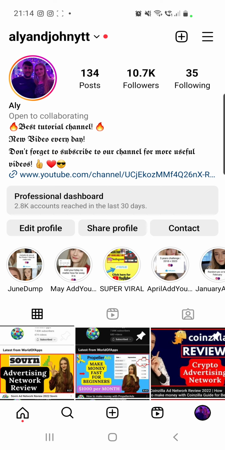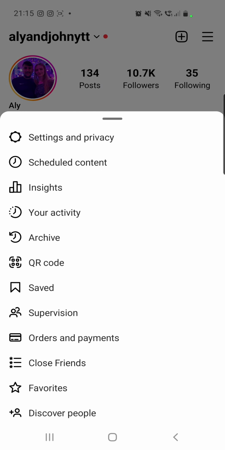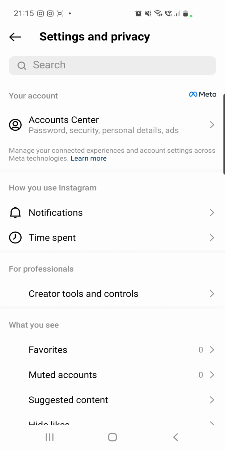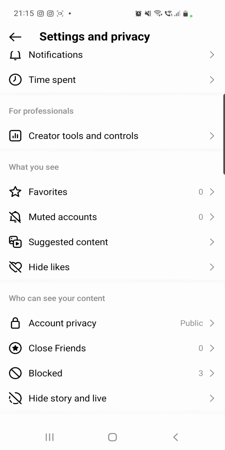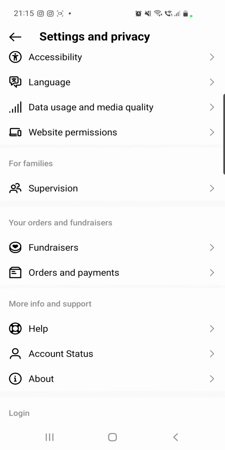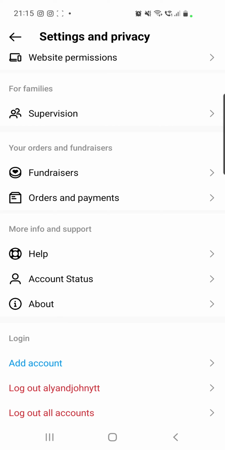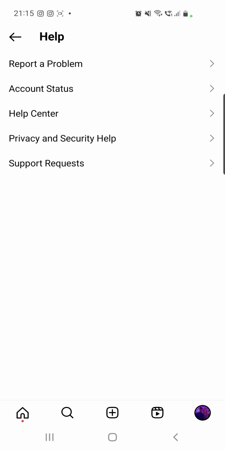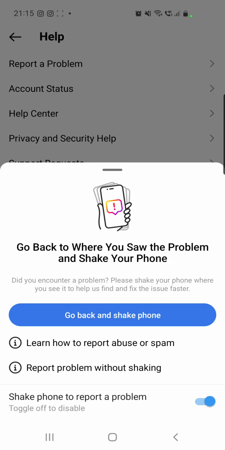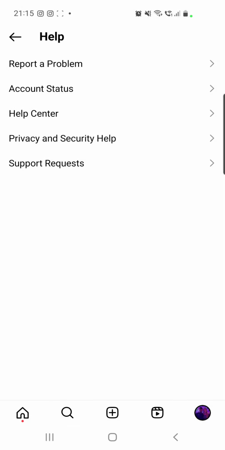And now the next step is going to our Instagram app once again. Go to your profile, click on those three lines from the right top corner, then go to settings and privacy, the first option. Now scroll down until you find help. Click on that, then click on report a problem, then click on report problem without shaking,